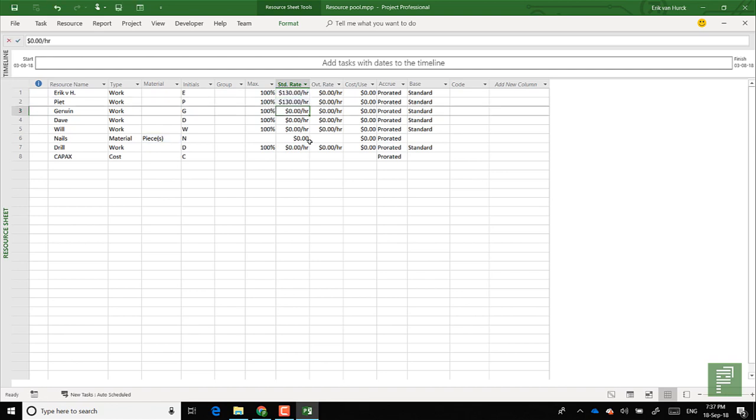myself. Let's make Gerwin a bit more expensive. How about Dave being the specialist that he is? Will. And a nail a piece will cost you roughly 10 cents probably. And then the drill, well, the drill is free. And capex is actually a cost resource, and you don't assign it a standard rate because it will be a cost per assignment. Now these are the out-of-the-box fields that we're going to use for our resource pool,